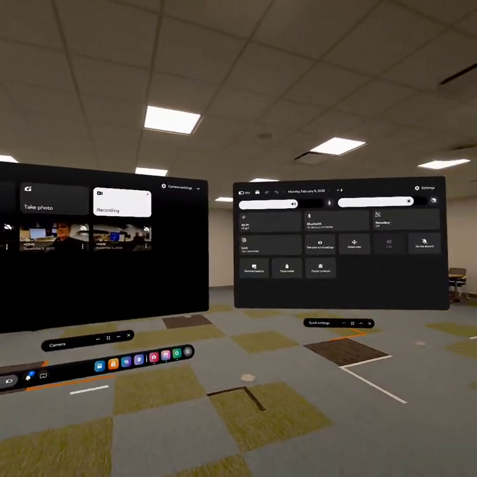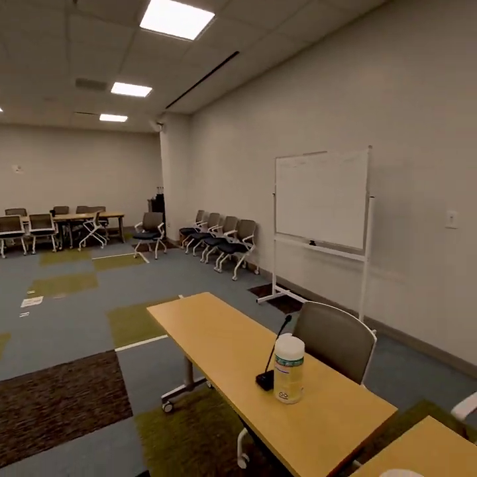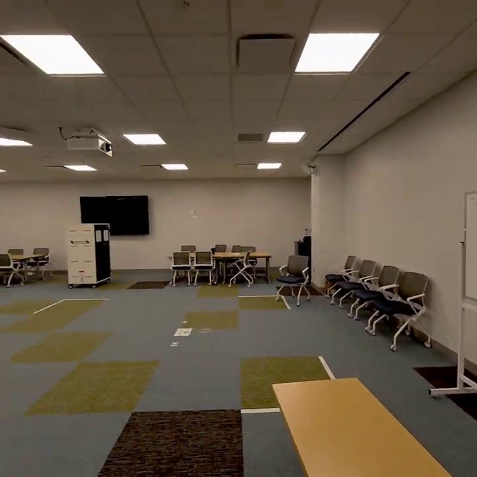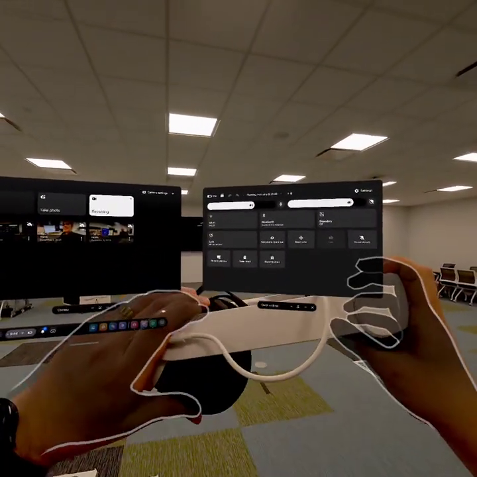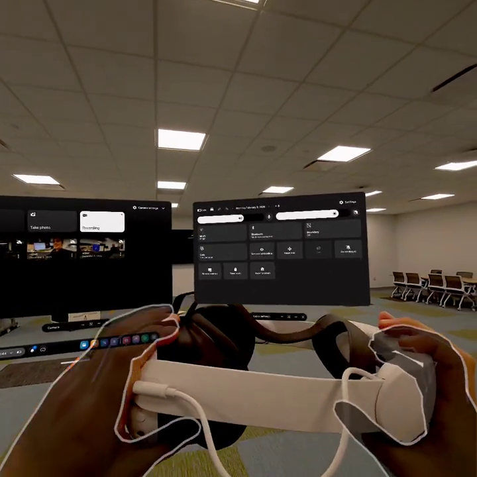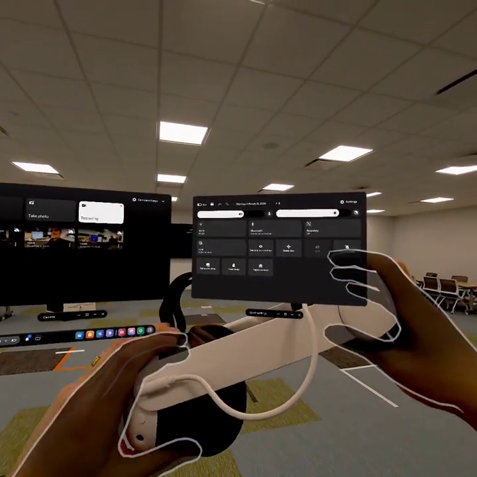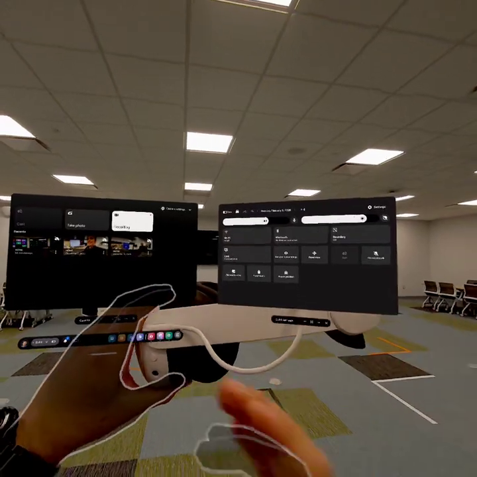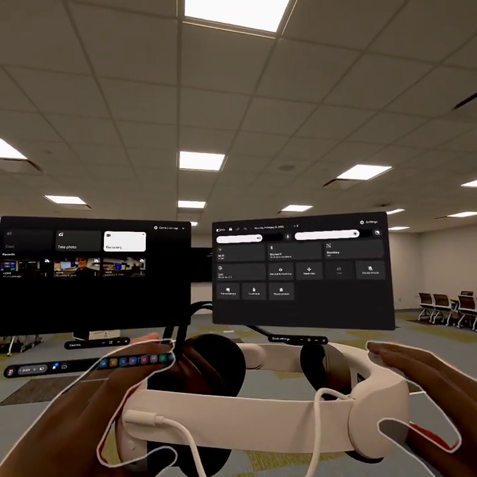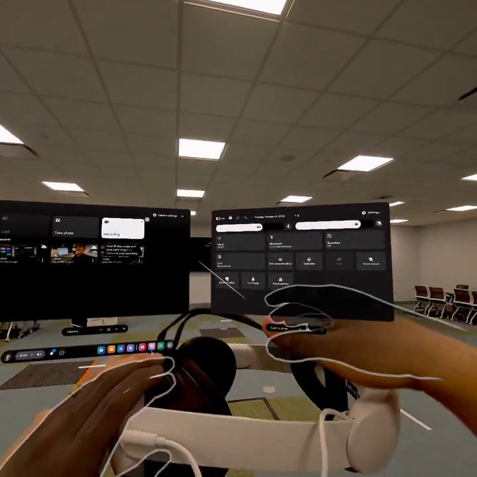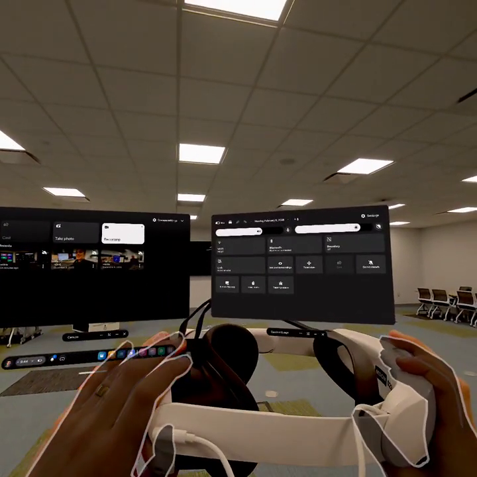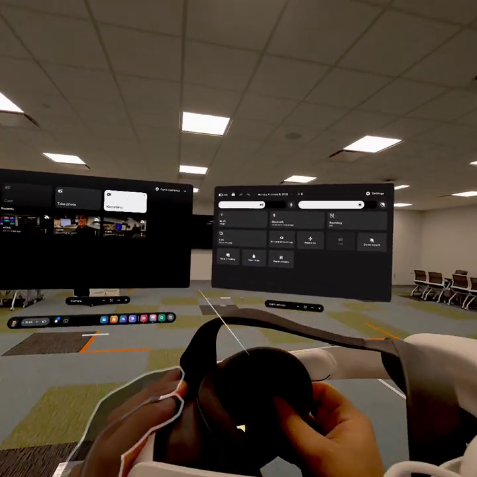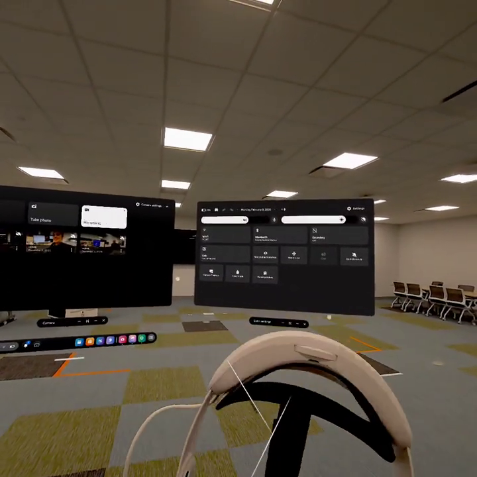So first things first, I always recommend that before you worry about your lens visuals, your Quest visuals, making sure you're wearing this headset right. So that means not wearing it like this or not wearing it like that, making sure this is level all throughout your head, and then adjusting this head strap so all the weight is distributed evenly. That's the first thing you need to make sure you're doing before you say that your visuals are being kind